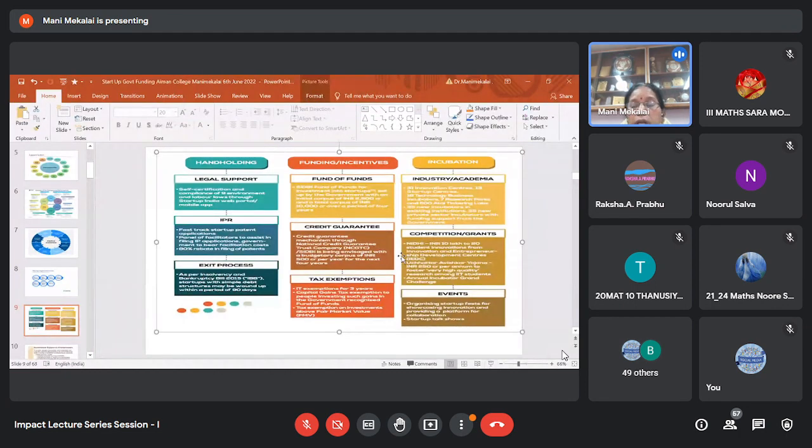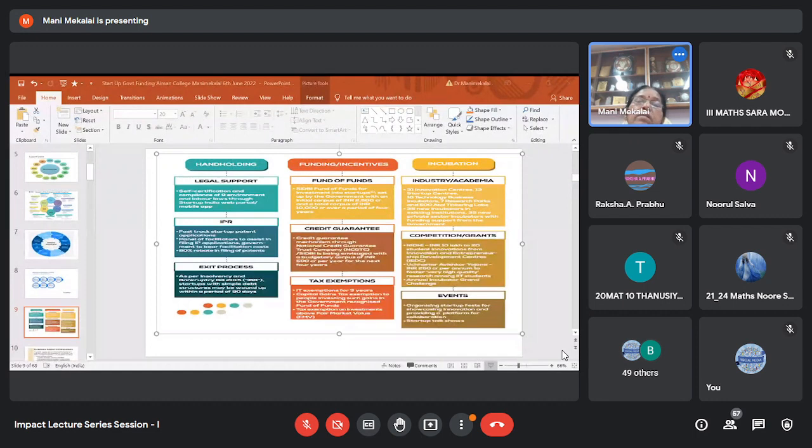Now, what are the 3 important components of startup? And what are the institutions or the provisions available for startup? So there are 3. The startup process could be divided into 3. One is the handholding, second is funding, third is incubator. So the handholding section,